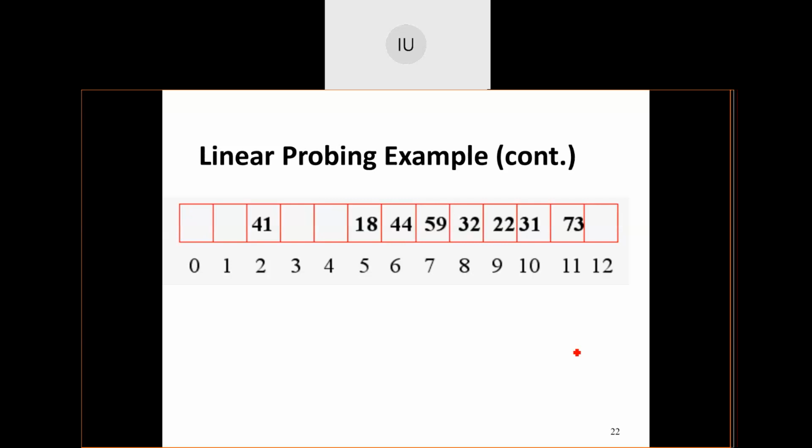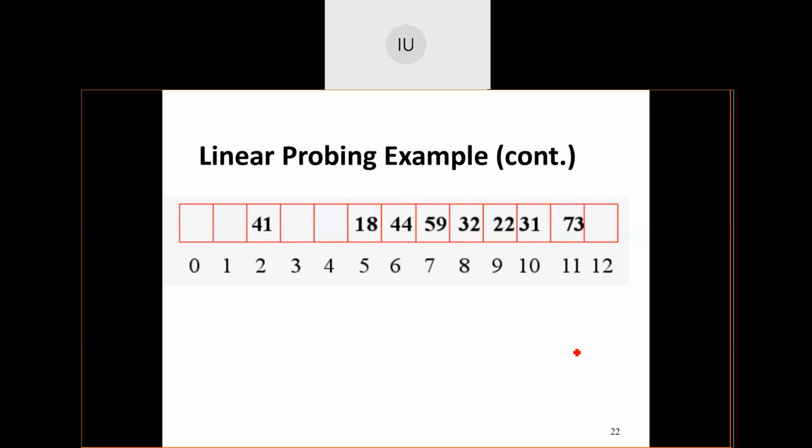At a particular side or position of the table, all the elements are populated like anything. So there is a cluster of elements. On the other part of the table, it is empty. I do not have any elements available there. Okay, so this problem is definitely associated with what is called linear probing.